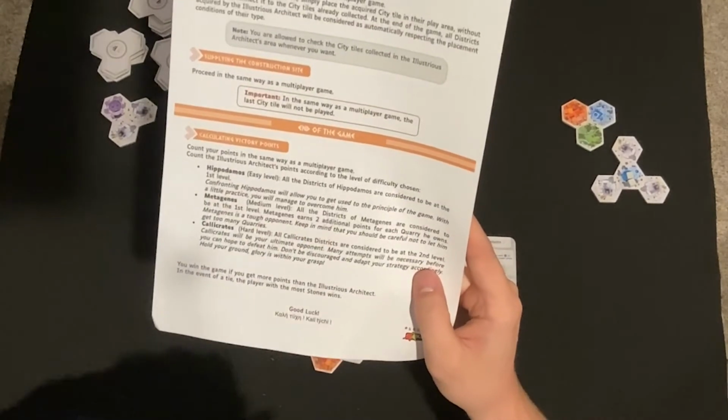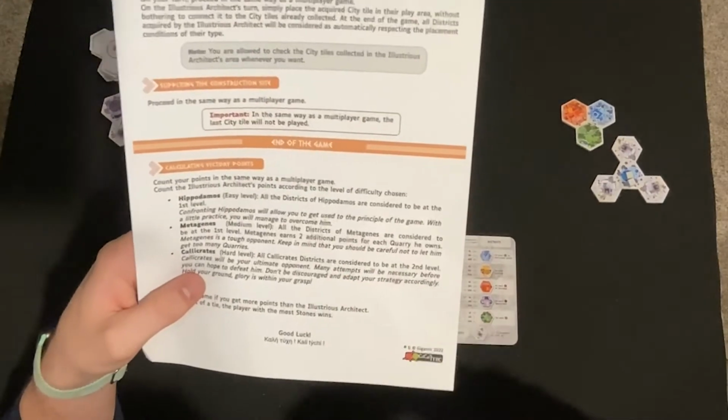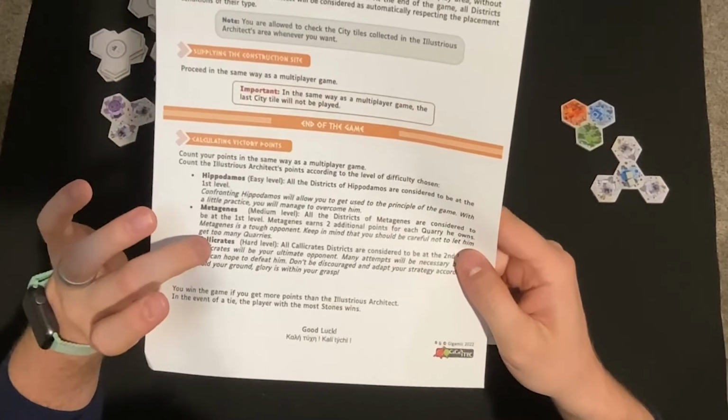Metagenes is the medium level. All the districts of Metagenes are considered to be at the 1st level, and then they earn 2 additional points for each quarry they own. Okay, so that's tough. And then Calicrates